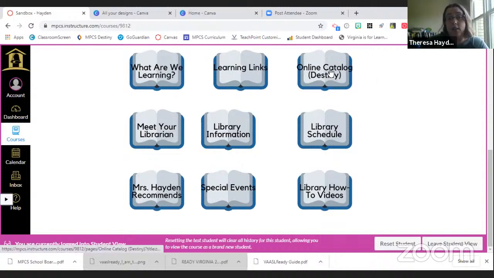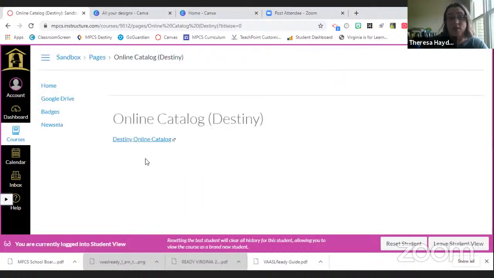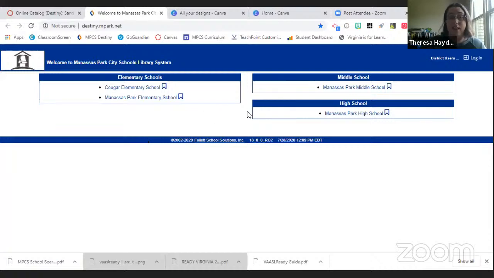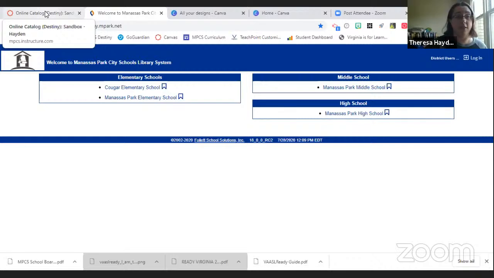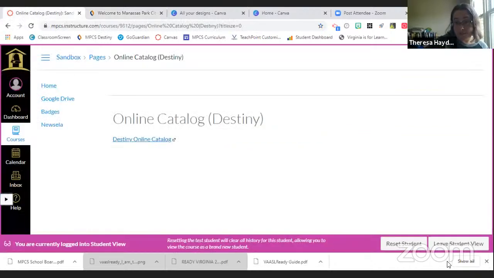And then what I also like doing in student mode is testing links to make sure that the kids can actually get to what they need to. And there is our Follett Destiny system. And then from here, I can click on my own building and do what I need to do. And that's one of the first lessons I teach the kids: know how to get to the catalog and figure all of that out. And then I can leave student view again